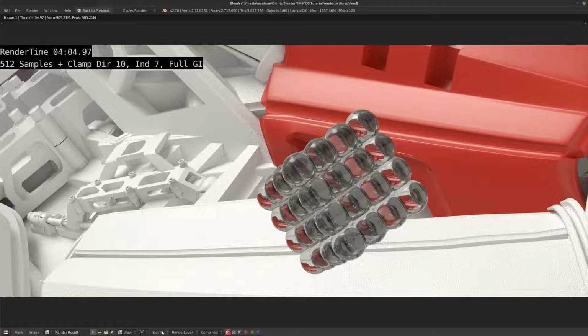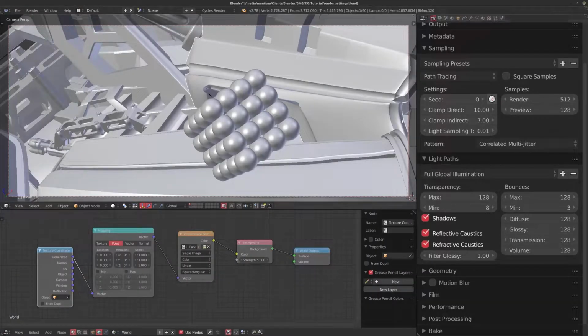So with that, I hope that explains a little bit of the render settings that I like to mess with and play with to get my final end result. And rather than doing a whole optimization thing, I wanted to show you that a lot of these settings can also be used for creative effect. Like I said, I prefer the image that comes from the global illumination, and I don't mind taking the hit in render time because it does look a lot better to me. So that's something to keep in mind, and yeah, happy rendering.